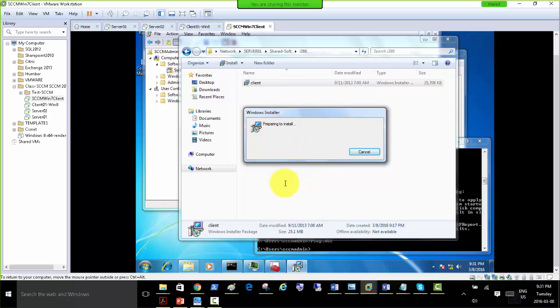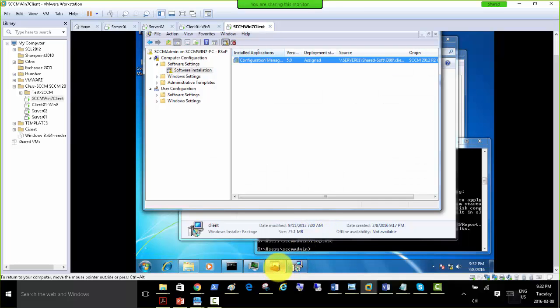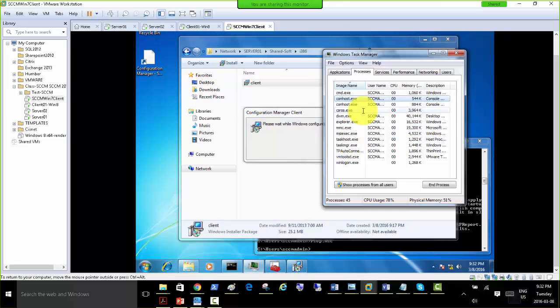Okay, yeah, it should be giving an error of some type if there was a problem. And if I'm running this, so CCM setup still doesn't show up, right? And one more thing is that if we check that, okay, so